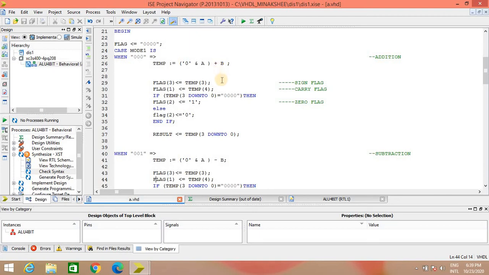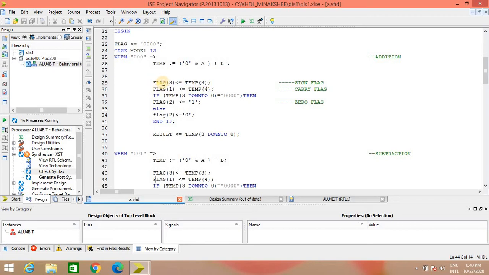Now we have to concentrate on the flag registers. As we have defined that we are using 3 flags: sign flag, carry flag and zero flag. In the flag register, bit 3 is the sign flag, bit 2 is the zero flag and bit 1 will be the carry flag. According to their status, we have to make them either 0 or 1. So we have to set or reset the particular flag.